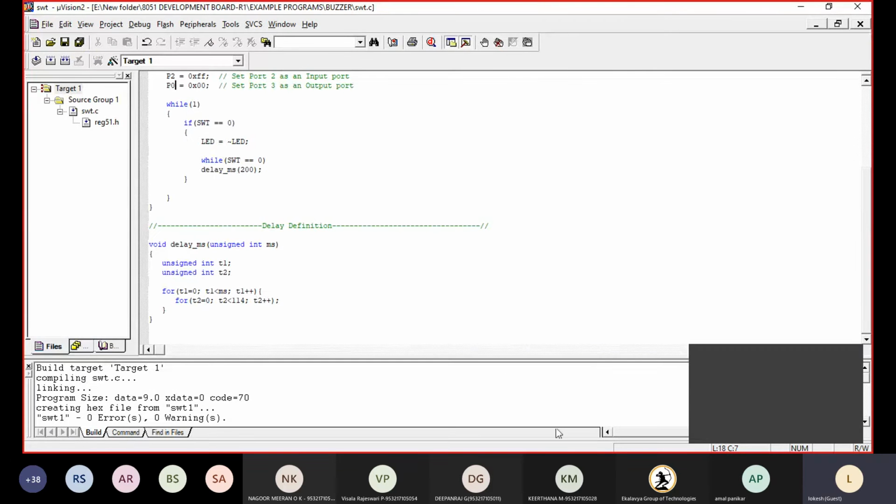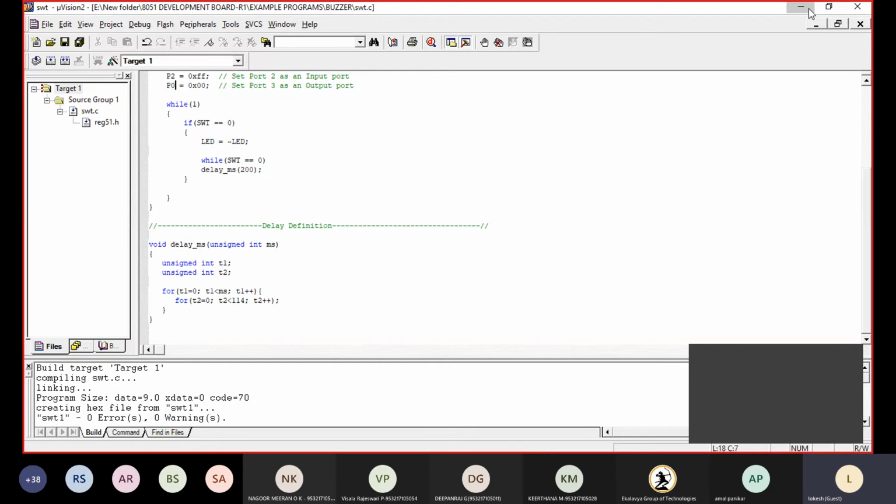So in the ISP utility, select COM7. Next, select the part number. Whatever IC you have given there, you need to select that part number.